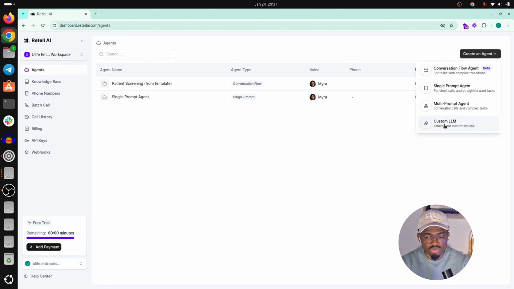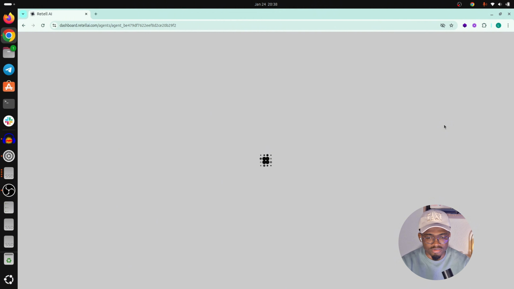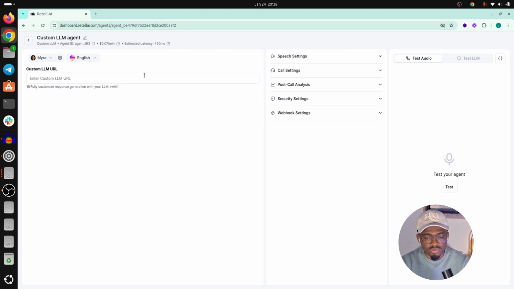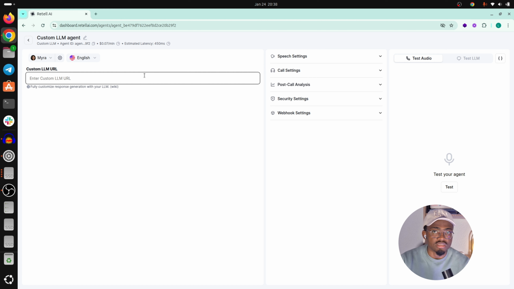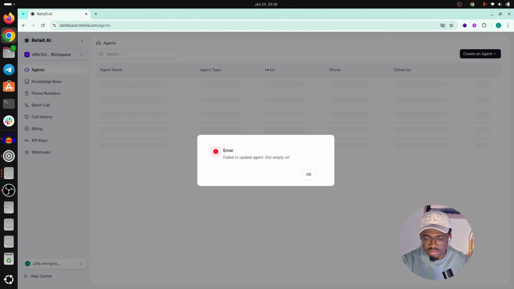For the custom LLM agent, you need to have a link to your LLM. But in this case, I don't really have that, so I will not be going through it. This is for when you have your LLM hosted somewhere else, other than on this platform, maybe a fine-tuned version of GPT-4, or a model that's hosted on Replicate or something like that. You can post a custom LLM URL here. So with that said, let's go back